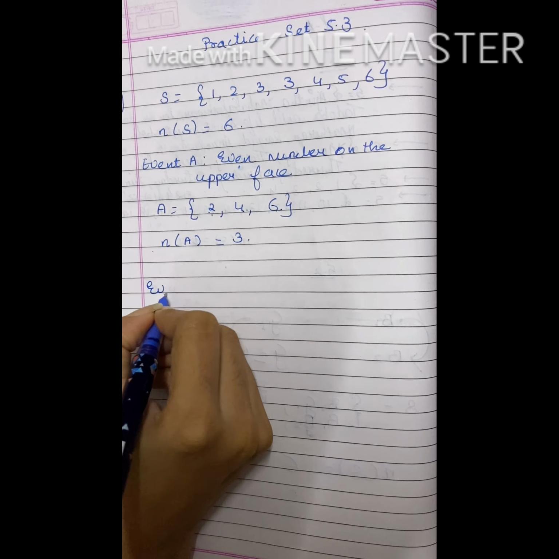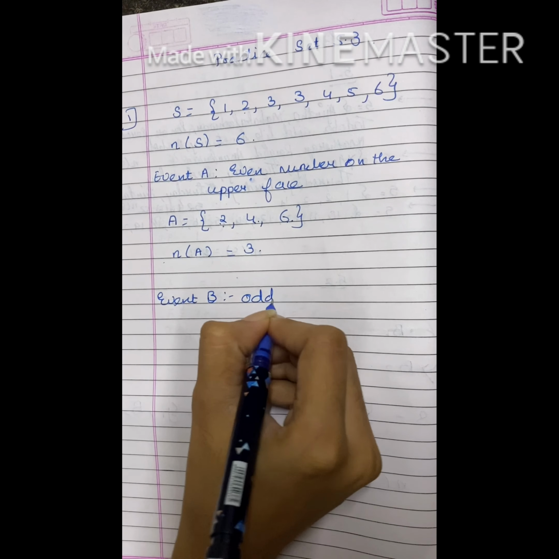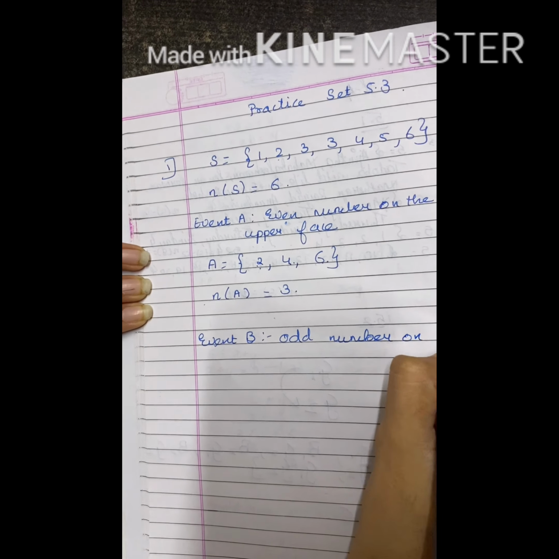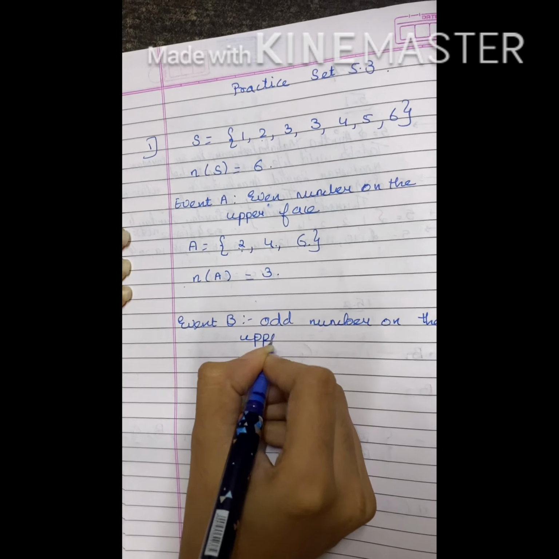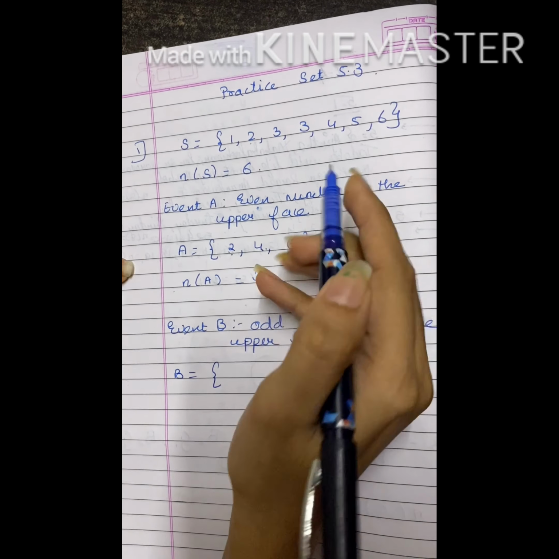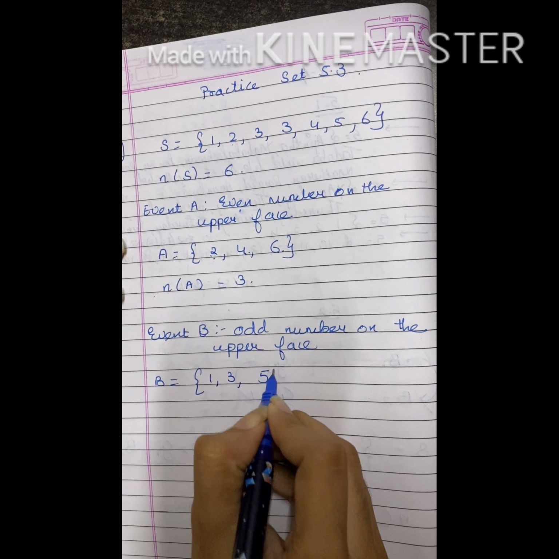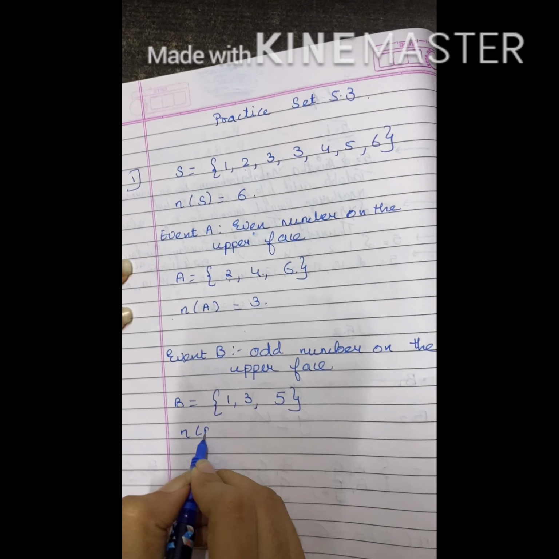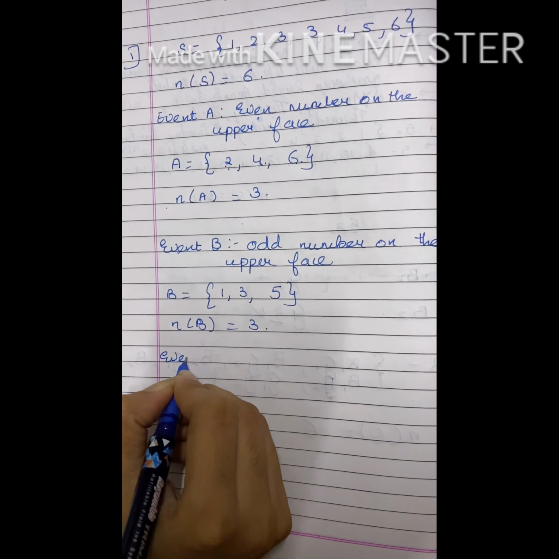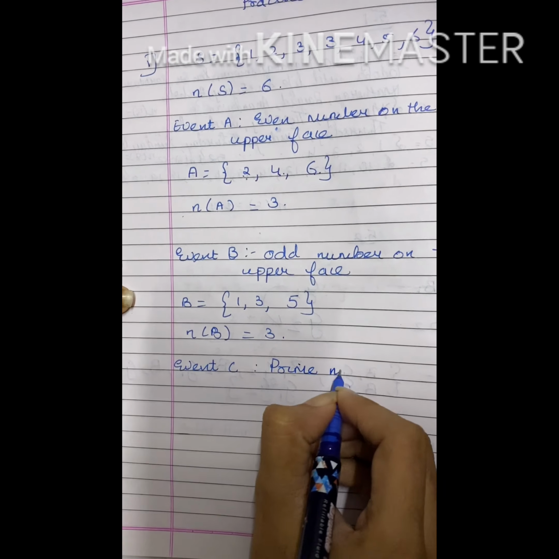Now next, event B. Event B is odd number on the upper face. That is B is equal to {odd number means not divisible by 2, that is 1, 3, 5}. So n of B is equal to 3. Next, third event is event C, which is prime number